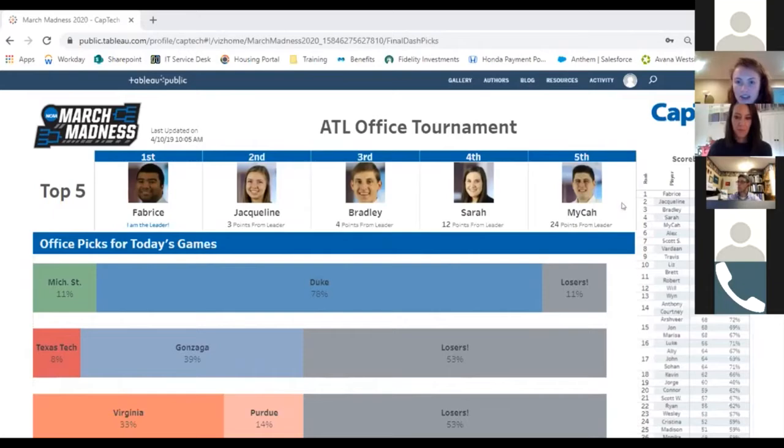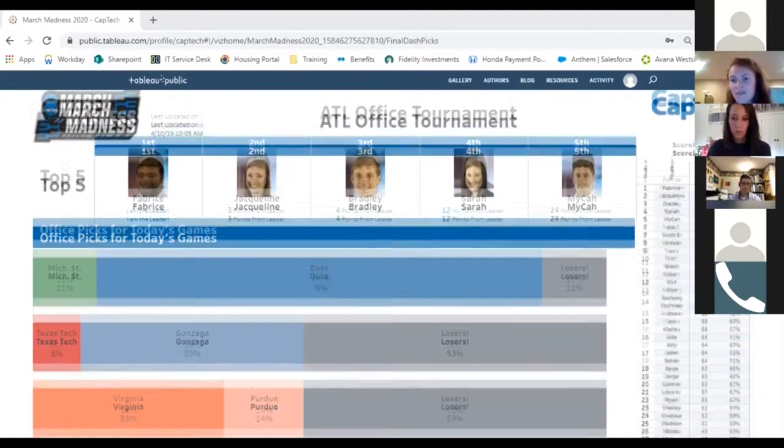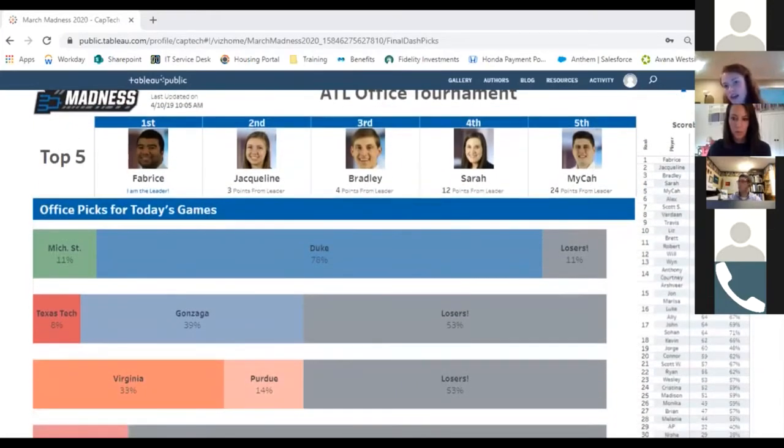It shows both their headshot as well as how many points they are from the leader. So, can they catch up? And then of course, everyone else could look up here on the side in the scoreboard to see where they fell in terms of rank, their points, and then their accuracy. So, how well are they picking the teams in the tournament.